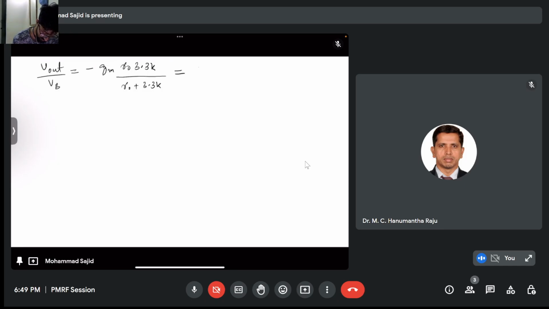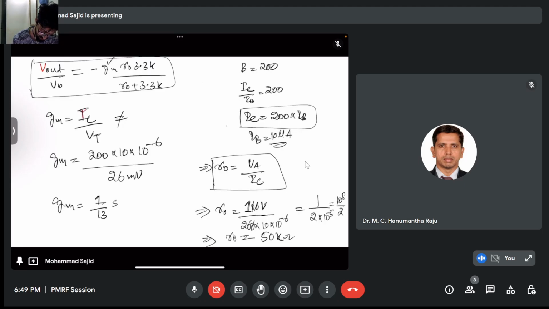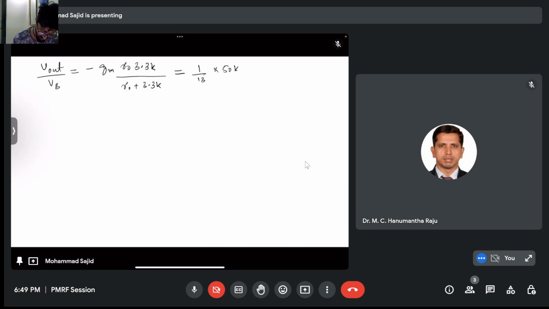GM was calculated as 1 by 13 into R0 as 50K, 3.3K,